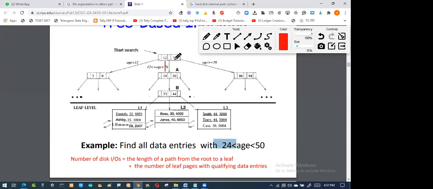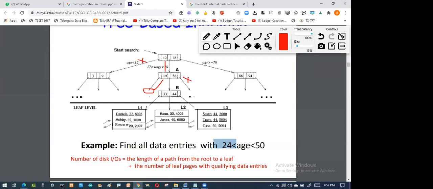So 12 and 78. This is saying I will not go over here. I'll come here. Then again here are searches, 24 and 50. That means this category. Then again from here 94, 19 and 56. So 15 and 6 is crossing more than 50, so I'll not go to this area. I'll go here. So this is one level, this is one path, this is second path. Then again this is 33 and 34. That means somewhere here it is there, so my data is somewhere over here. So I have two paths.